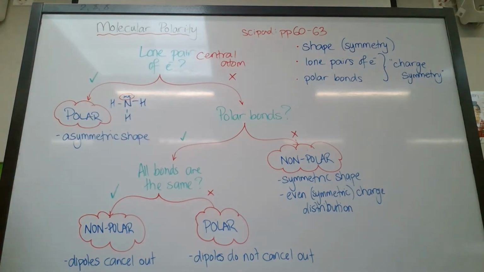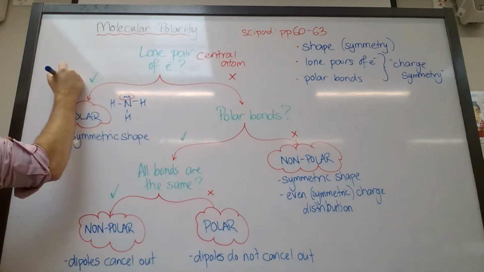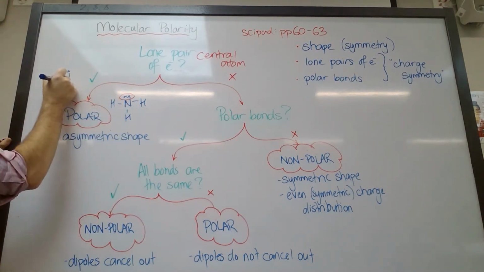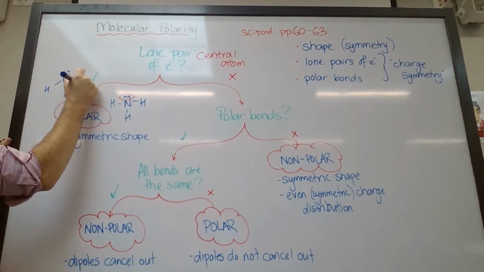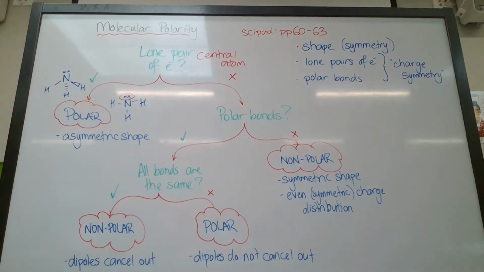So if I drew it in 3 dimensions, it would look something like this. So that's not considered a symmetrical shape. In 3 dimensions, it has some symmetry around the triangle, but it doesn't have symmetry in 3 dimensions. So therefore, it will create a